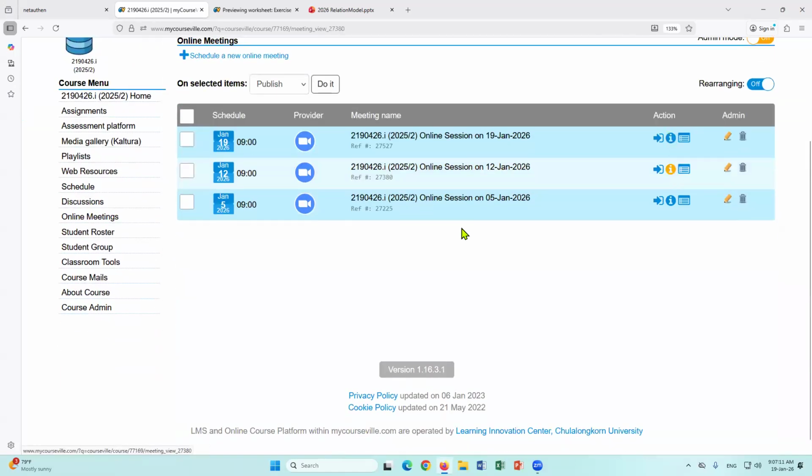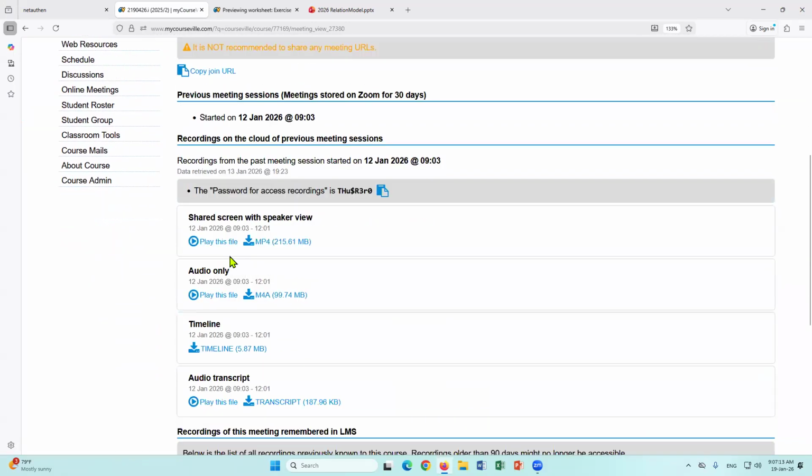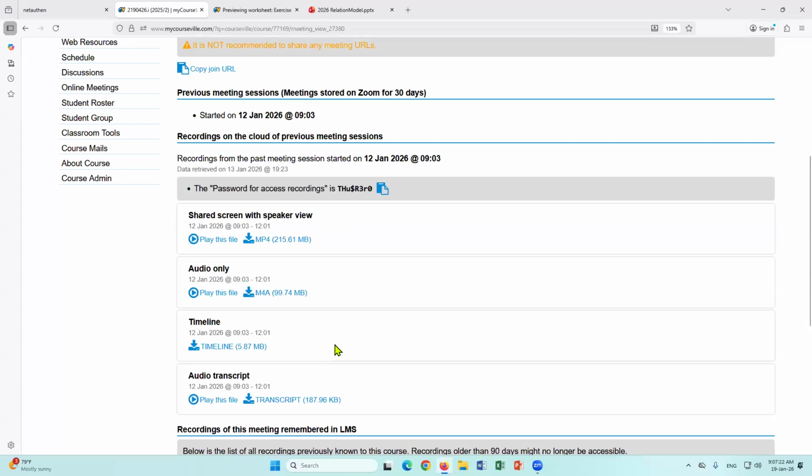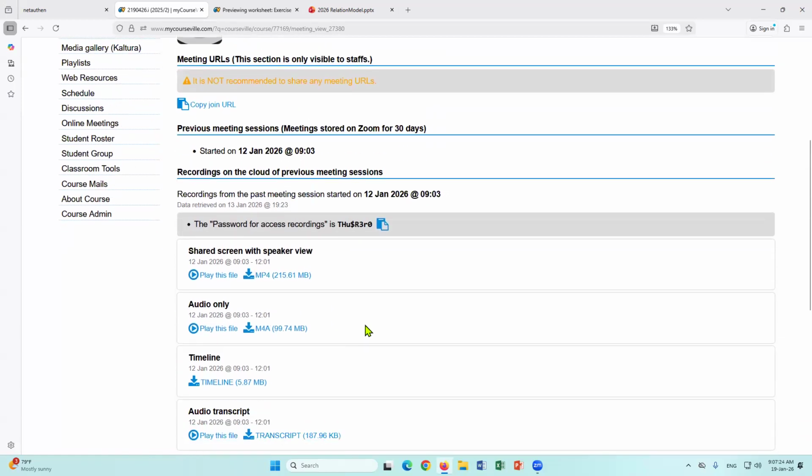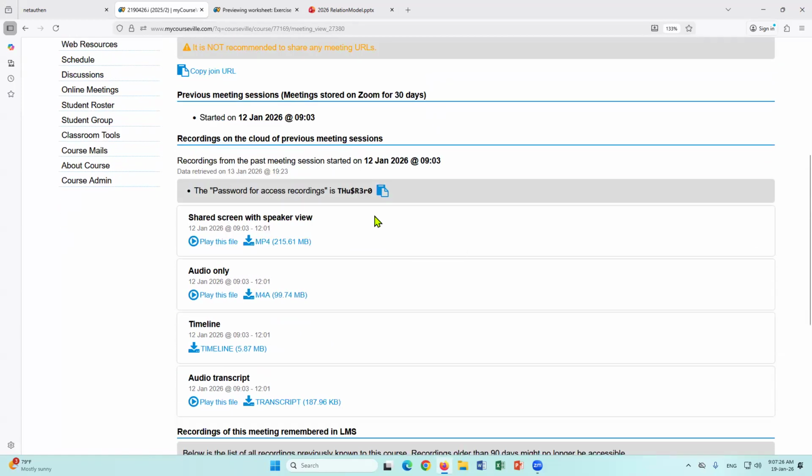And once you click on the I, you'll be able to play different files, like the file with screen with speaker view, audio only, timeline, or audio script transcript. You will definitely need the password, which is right here. So you can just click or copy the password, and then once you click on the file, it will ask you for the password. You enter the password here, and then you would be able to